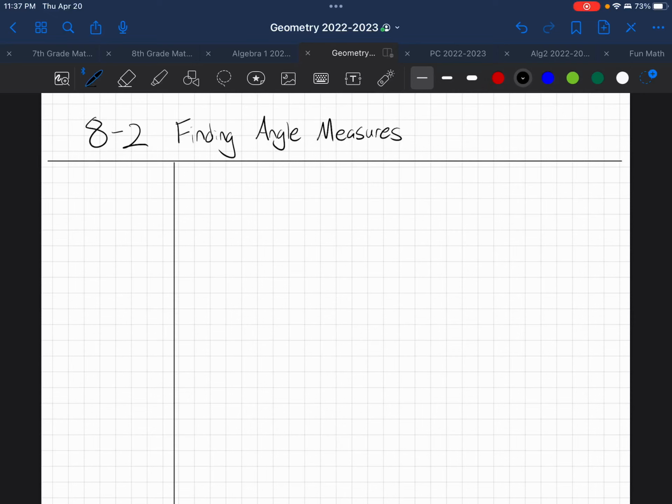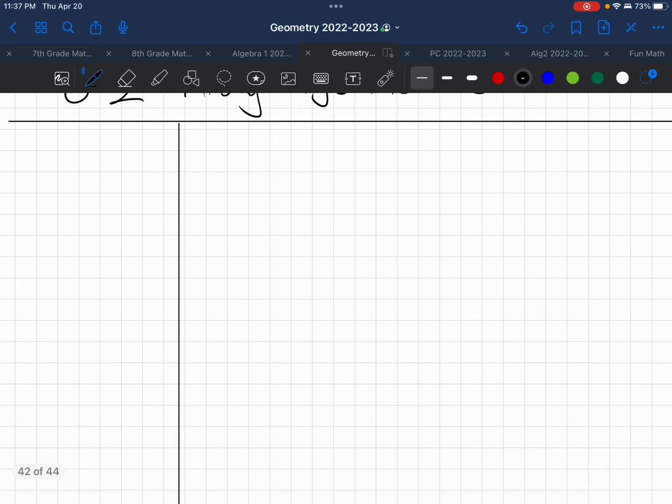This is Geometry Lesson 8-2, Finding Angle Measures, specifically with trigonometry. There we go. It's a little bit late. So let me first start by doing some basic vocab,